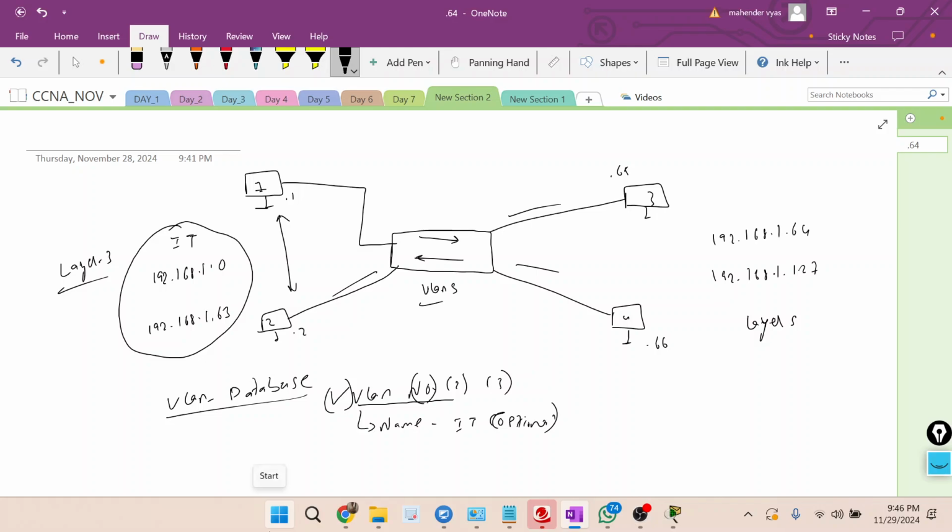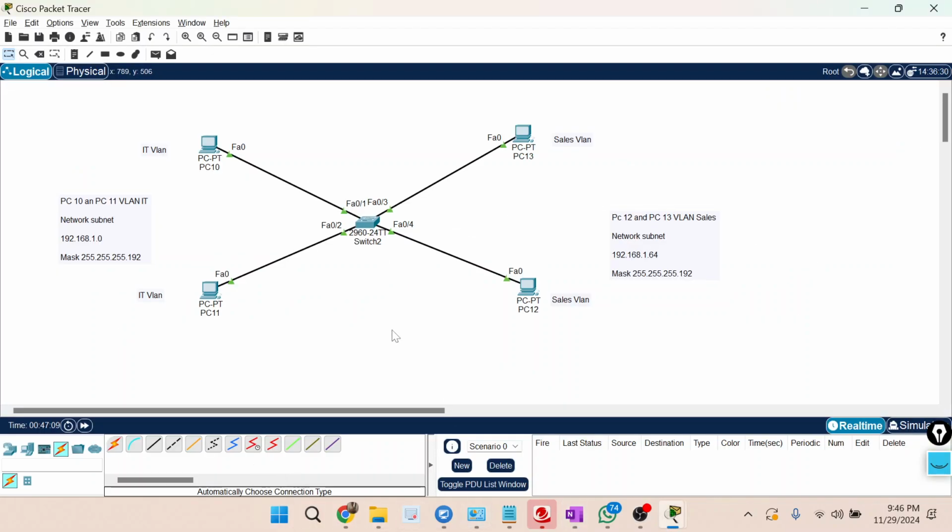Okay, let us do it again. This time, for your understanding, I'll add two more ports to VLAN IT and one more port to VLAN sales. Okay, now see, 5, 6, then this would be 7.